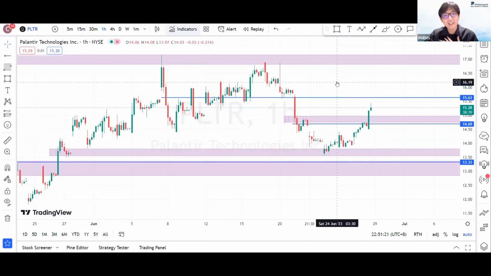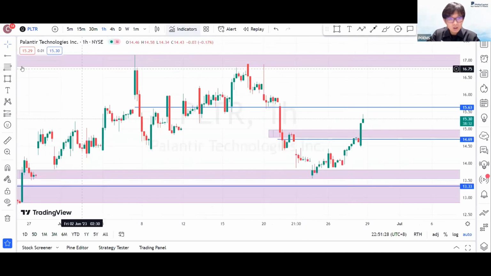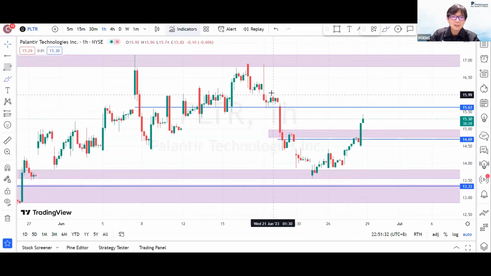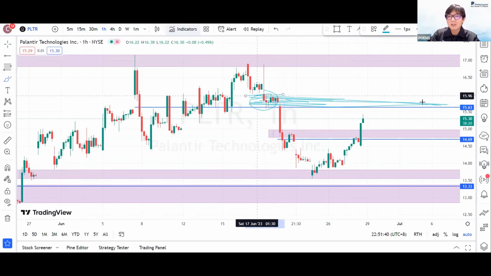You want my thoughts, right? I give you my opinion, but you just take it with a pinch of salt. It's just my opinion. If I am the one looking at it, Palantir, not that I'm going to touch on anything. Yes, you are right, this level will be a key level. This level from 16.6 towards $16 will basically be acting as my potential supply level. So I will take note of it.